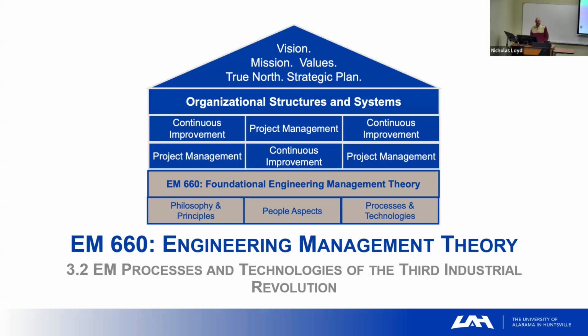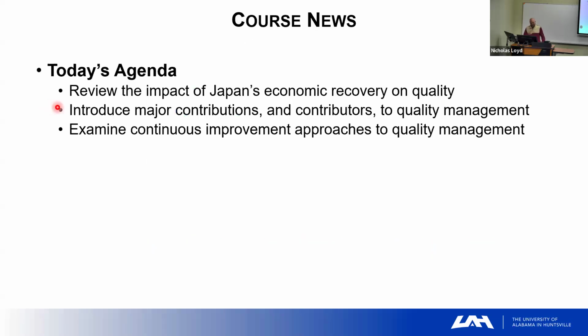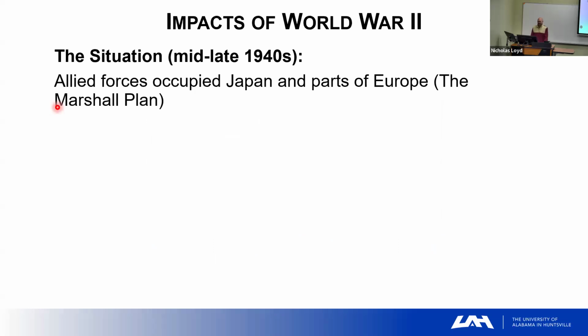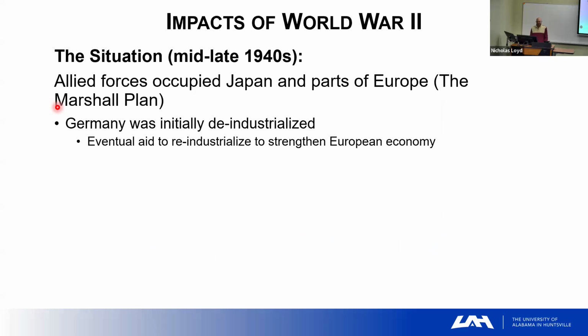So we will jump into class 3.2 on the processes and technologies of the third industrial revolution. For our intents and purposes, we're defining that as roughly post-World War II. So the late 40s, early 1950s and beyond is the time era that we're going to talk about. To understand what the world was looking like at that time,